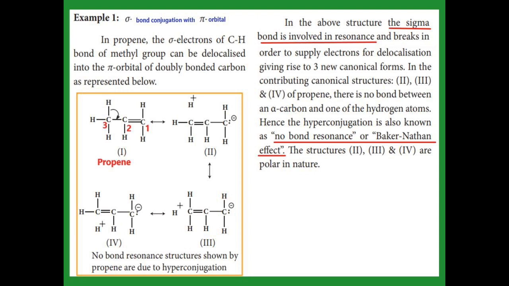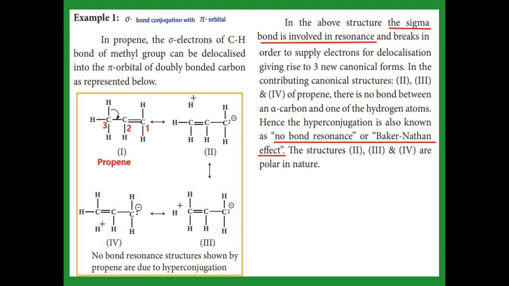In this one, one of the hydrogens on the third carbon, the upper hydrogen, gives its 2 electrons to the third and second carbon. So now the third and second carbon contain a double bond, and the pi electrons of the second and first carbon double bond move towards the first carbon. So the first carbon now becomes negative, and that hydrogen, which gave its electrons to the second and third carbon, becomes positive. This is indicated in the second structure.